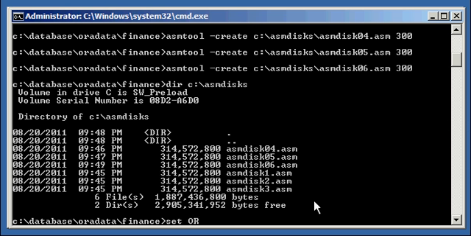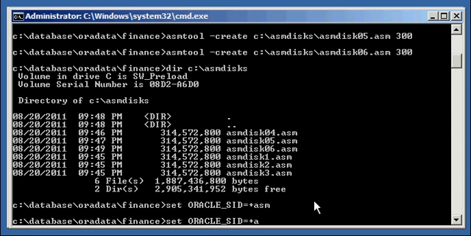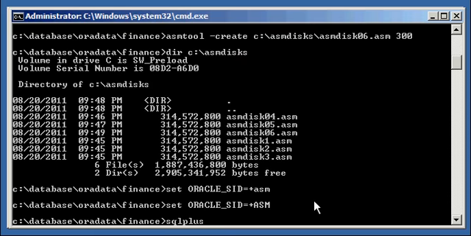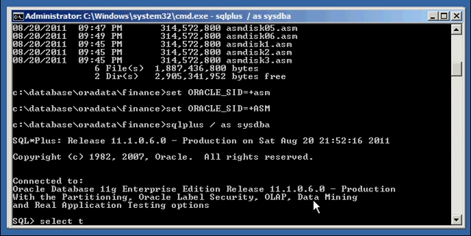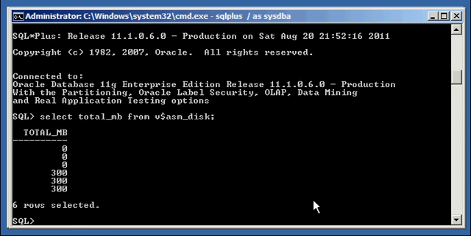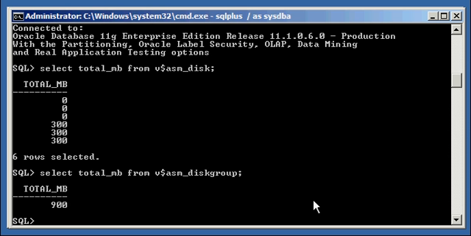So what I'm going to do is I'm going to log in to our ASM instance. It's a good exercise. I'm actually glad it happened. I'm going to log into it, and we're going to add that space. Select total MB from the $ASM disk. Disk group 900 meg. So if we were to say alter disk group D group 1 add disk C:/ASM disks